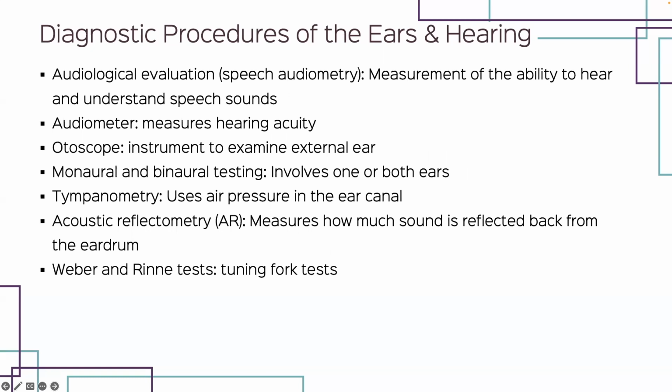Some of your diagnostic procedures. An otoscope isn't really a procedure, but it's an instrument they use to examine within the external ear. Tympanometry is going to measure the pressure within the ear canal. If you ever have a doctor with that little tuning fork, and they bang it and say, "Can you hear this?" Some of them are louder, some are softer, some are higher, some are lower. And it's going to be the Weber and